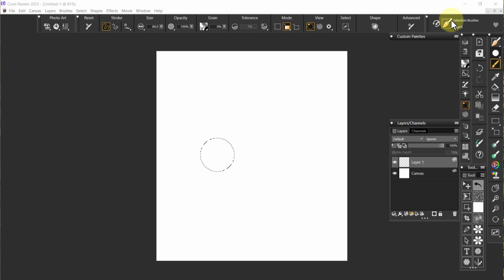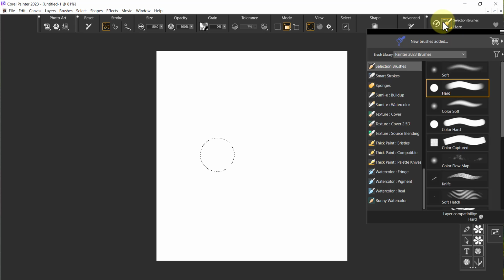So if I come over here and click on the selection panel, and we look at the selection brushes, I want to call your attention to one thing that I didn't talk about in the last video that I meant to. There are 4 brushes that have the word color in their name. Those brushes are set up to use enhanced color